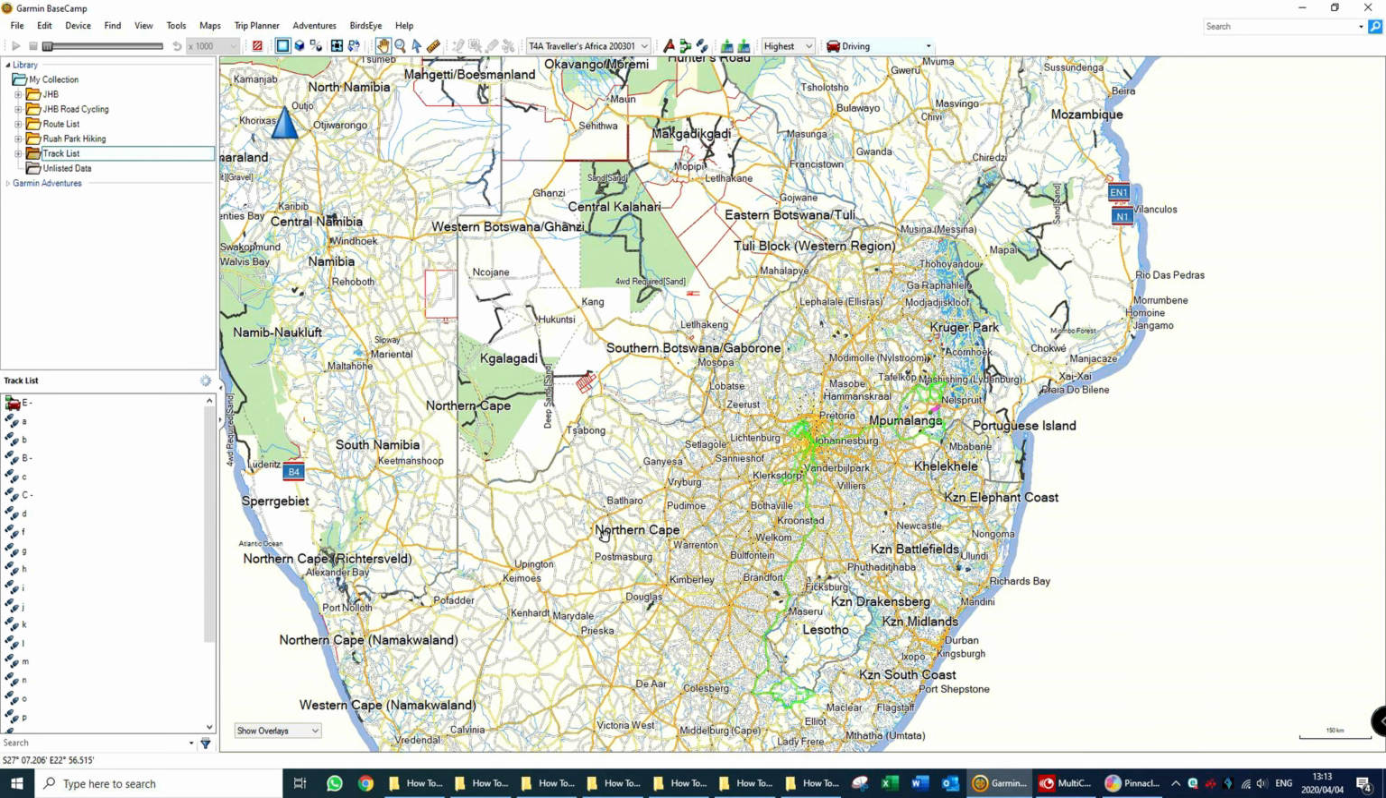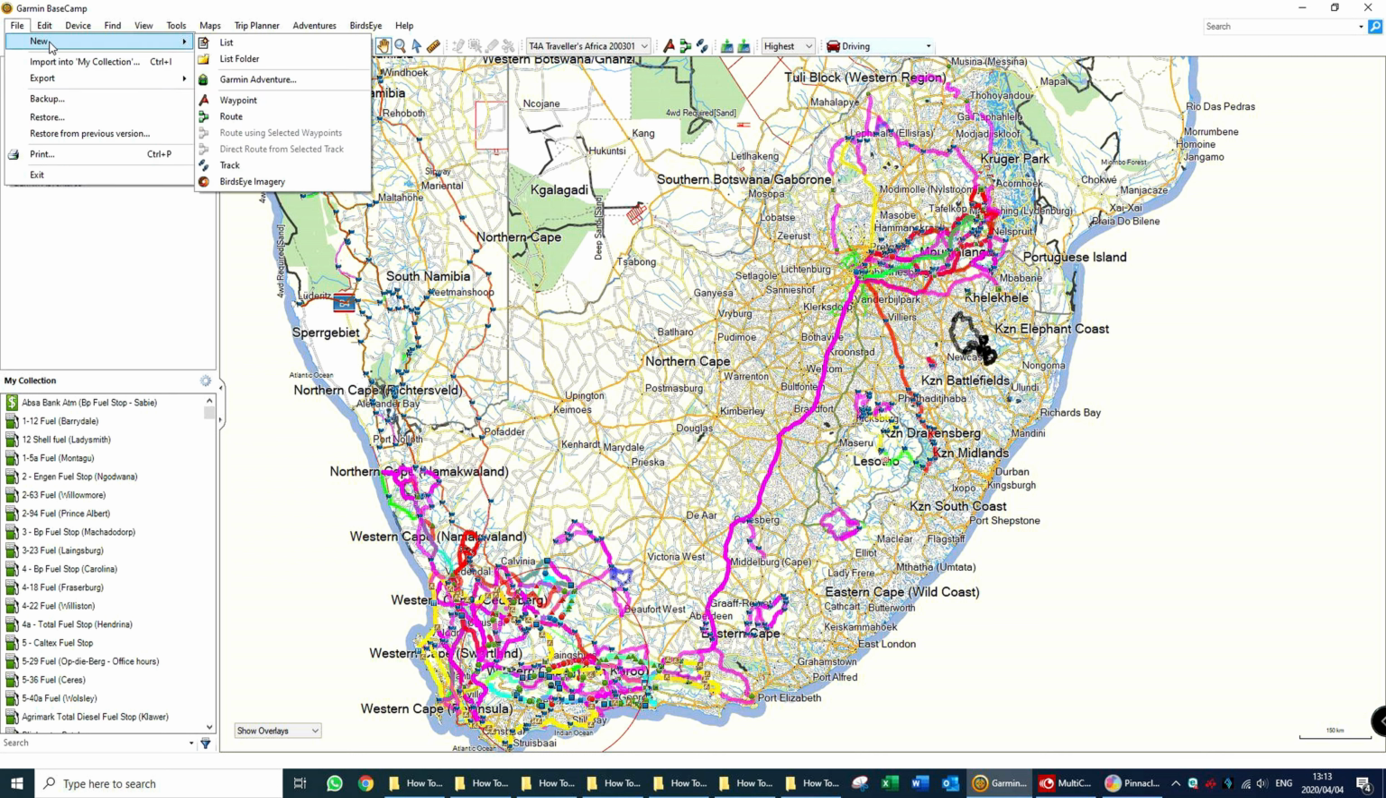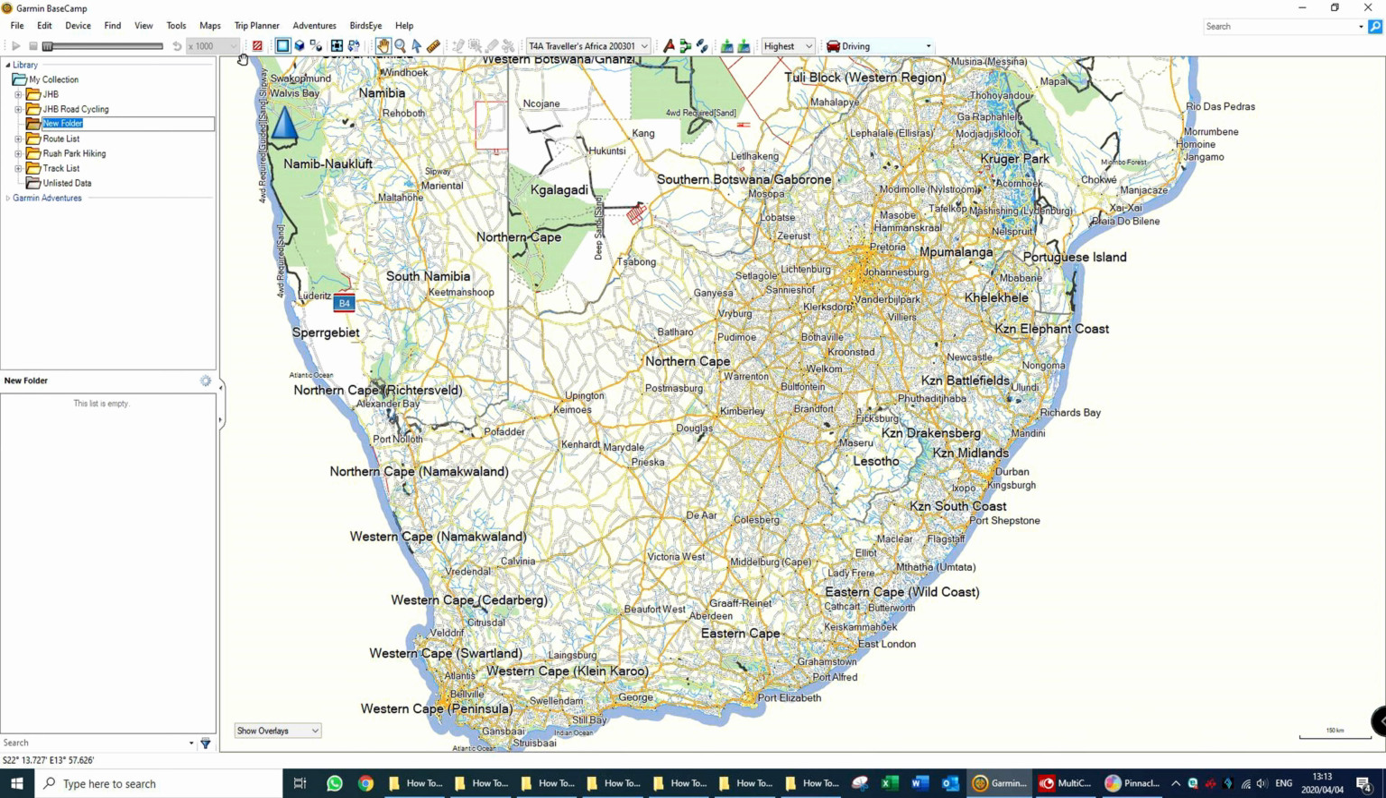Before you start creating a trip file, it's important for you to create a suitable place where you can store that information. The rationale here is that you would select My Collection, click on that, go to File, New, then create a list folder, which is the upper or main folder that you're going to save your stuff into for your trip file. And I'm going to aptly name this